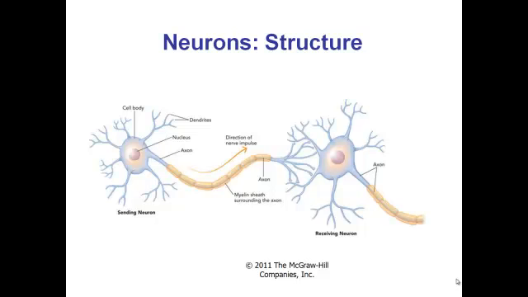The dendrite of the neuron can receive the message and essentially tells the neuron what to do. It can receive a message from another neuron, or from a skin receptor, for example. So the dendrites receive this information,